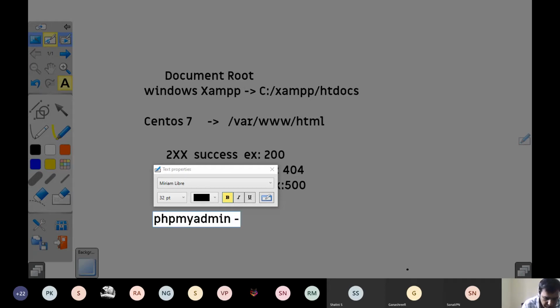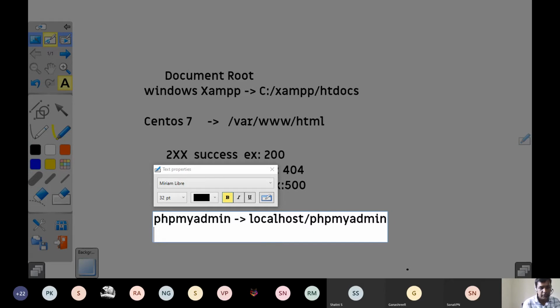To go to phpMyAdmin in your browser, you should give localhost/phpMyAdmin.